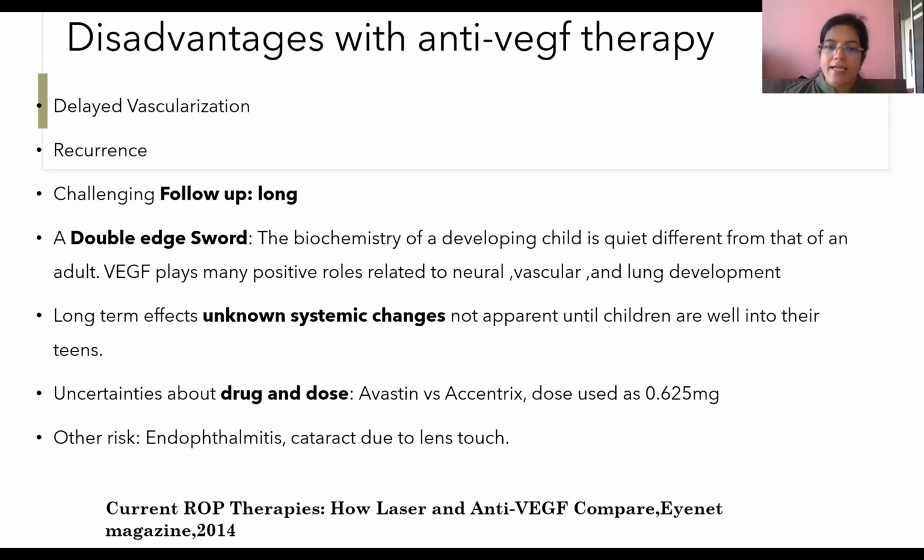Okay, and which got published as the RAINBOW trial, where we compared 0.2 and 0.03. So they found the chances of recurrence are less with the 0.02. So initially what we were giving was 0.01. Now we have shifted to 0.02 for APROP cases depending upon the RAINBOW trial results. Okay. The other concerns about